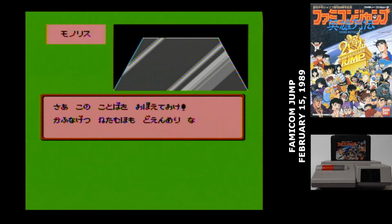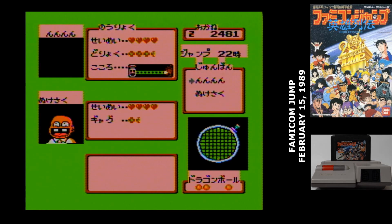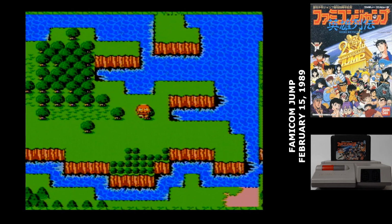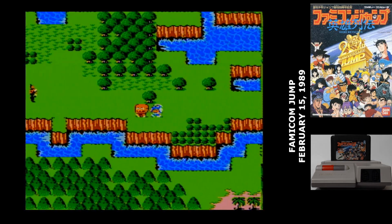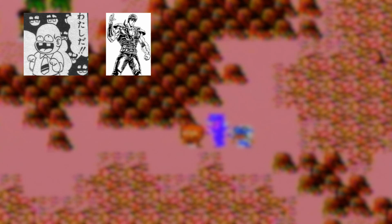Of course, on your quest, you'll find heroes to help you out. You have to add them to your party, which can have 2 additional heroes besides yourself. And then you have to switch to using them. There's 16 heroes that you'll need to collect, and they are, in the order that you'll find them, Nukasaku, Kenshiro,